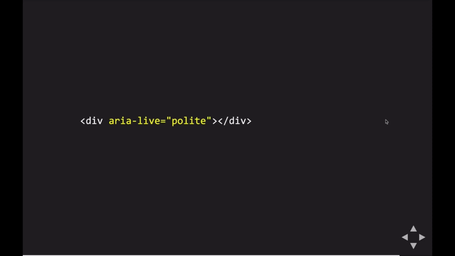Both of these generate aspects of ARIA liveness, for want of a better word, and they inform assistive technologies that any changes to the DOM within that element could be announced, depending on the aria-live options and things like aria-atomic. But fundamentally, it's letting assistive technologies know, hey, something could change in this element, so be ready.